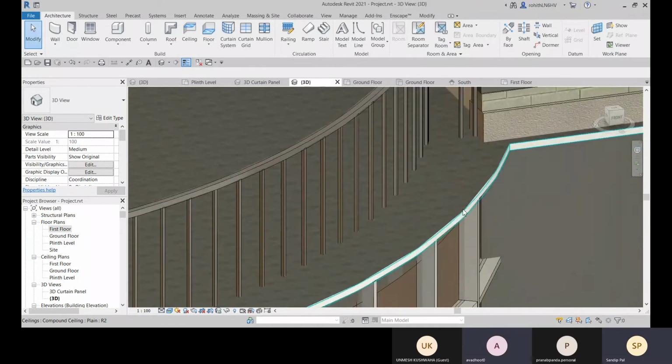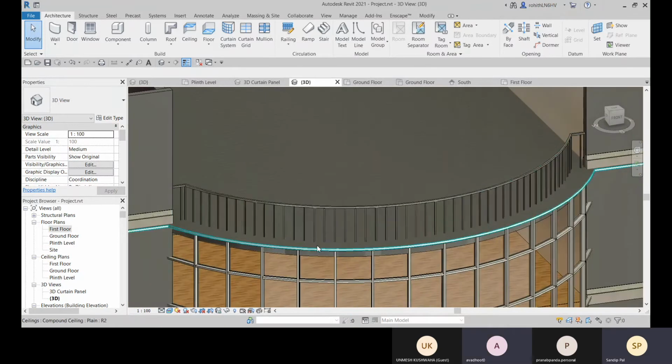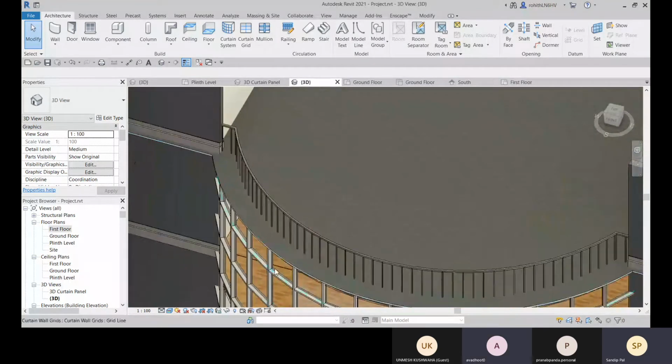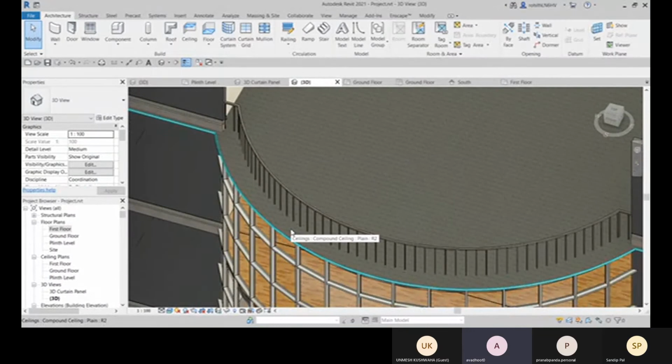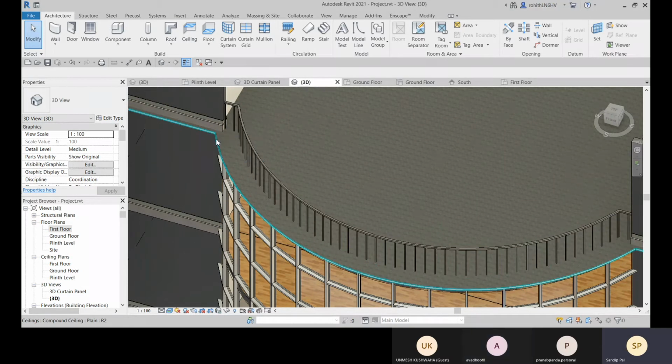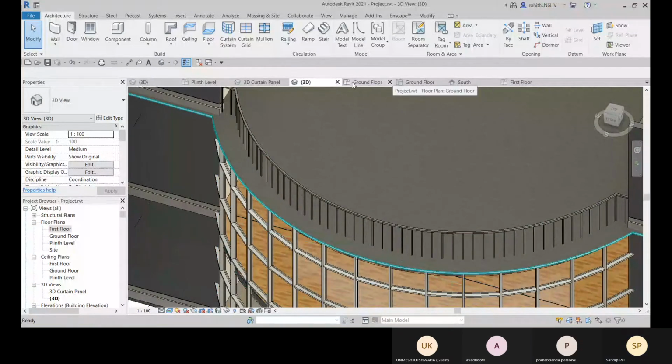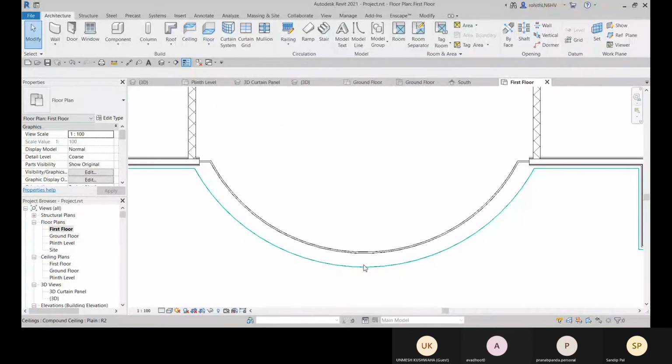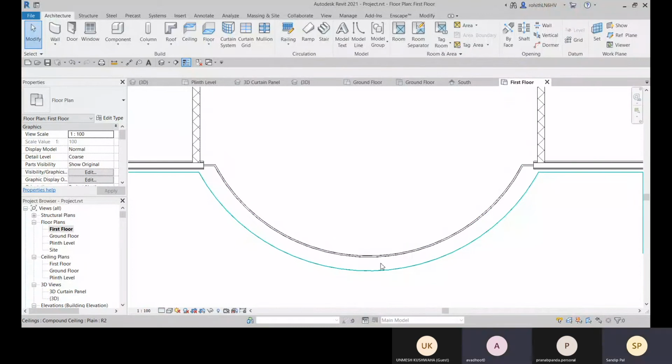Okay, till the last edge of this, till the last edge of the ceiling. No, matching the length of that arc with that railing. Okay, so for that, what you can do, you can match the radius. If you're matching the radius, it will come to that last edge, right? That means you are providing that railing at the last stage.